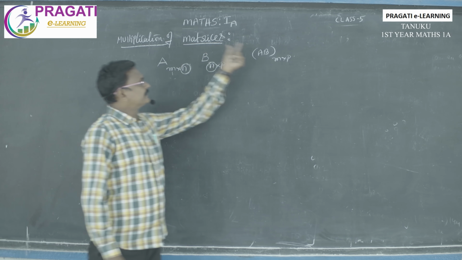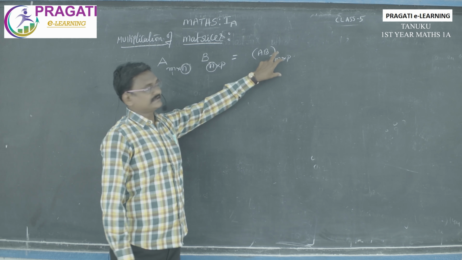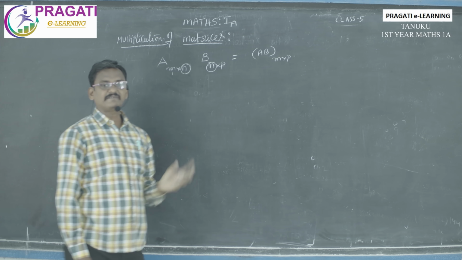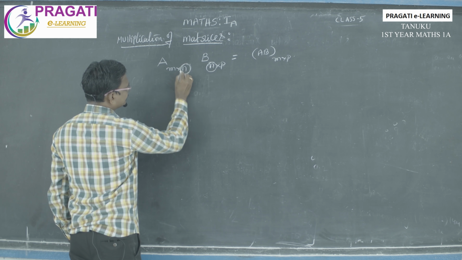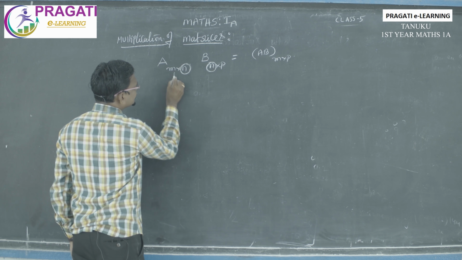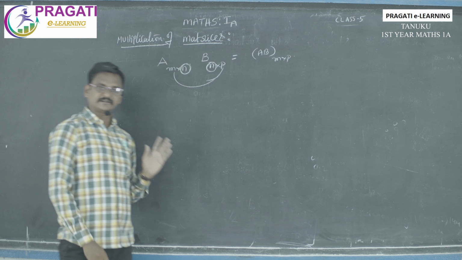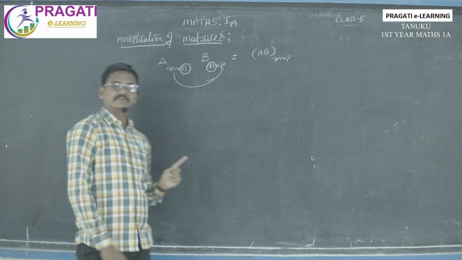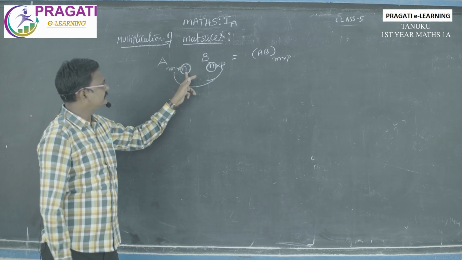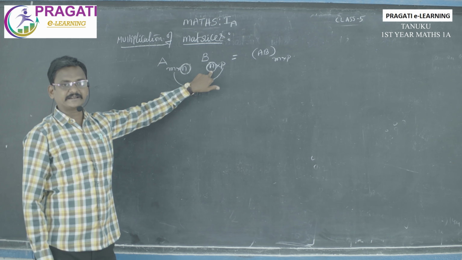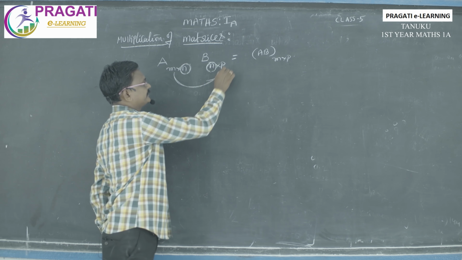After that, multiply AB. How to multiply? I will tell you, just wait. Then we can get some matrix here. The resultant matrix of order is m by p. How can you guess it? I told you these two must be equal. Then m by p is the order of the resultant matrix. That is the first condition. Once again I am telling you, when we want to multiply two matrices, in the first matrix, the number of columns should be equal to the number of rows in the second matrix. Then the order of the resultant matrix is m by p.